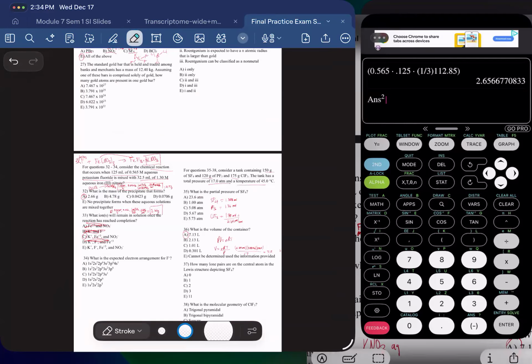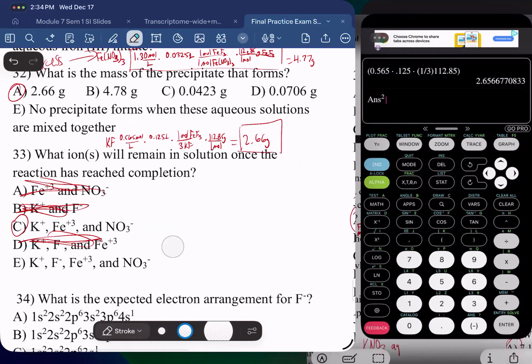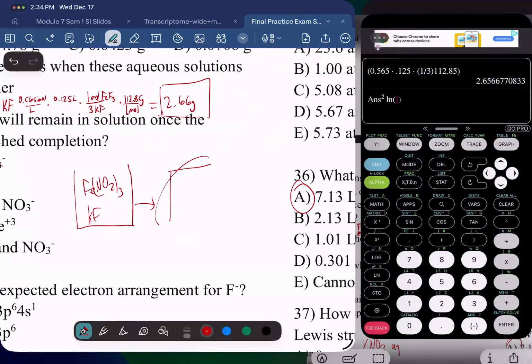Wait, I'm sorry. Can you explain that one more time? Yeah, sure, no problem. So, what's happening here, right? We're mixing these two things in a beaker, right? We've got iron nitrate, okay, and we've got KF. And what's happening is we are creating